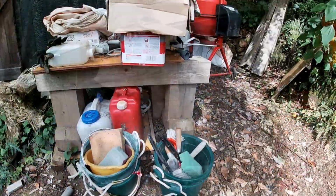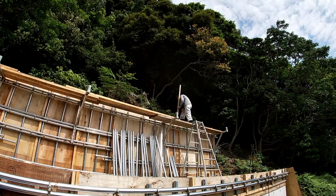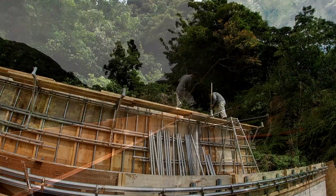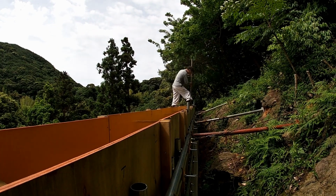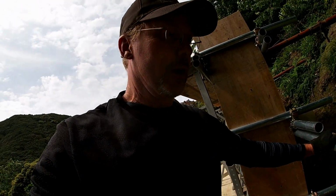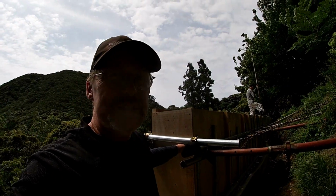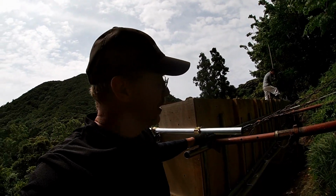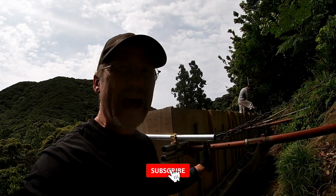Okay, it's pour day. And there is lots of preparation going on. Yeah, it's almost impossible to see what's going on in there. But he seems to be making progress with his technique. He's kind of shoveling all of the dirt towards this back of the